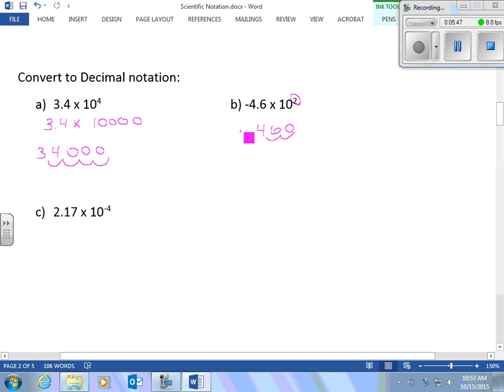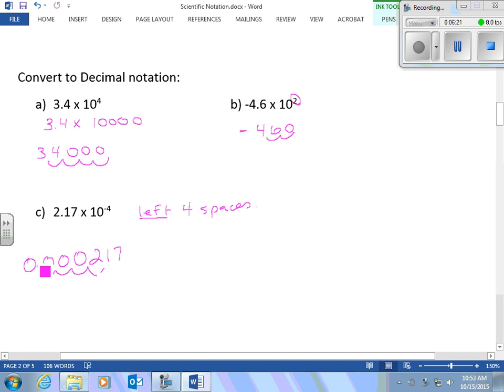Okay? So 2.17 times 10 to the negative 4, oh, there's one of those negative exponents. It's going to be a number that's smaller. And I'm going to move the decimal place left 4 spaces, which really shows I'm dividing by 10 4 times. So I write down my 217, stick a bunch of zeros in front, and so my decimal was after the 2, so now I'm going over 1, 2, 3, 4 spaces. There's where my new decimal is,